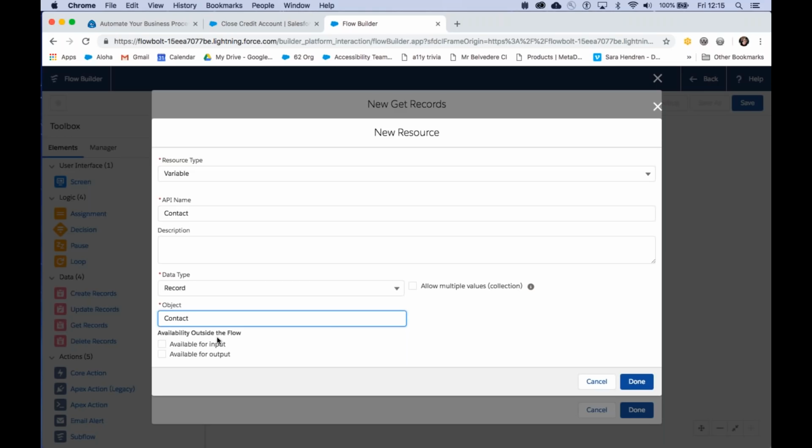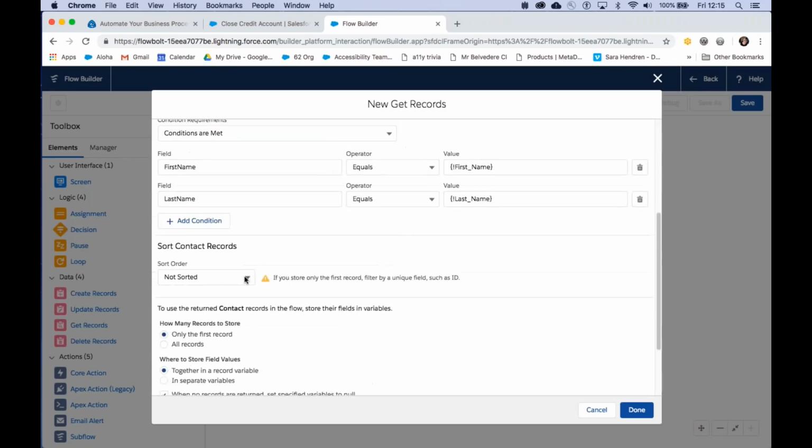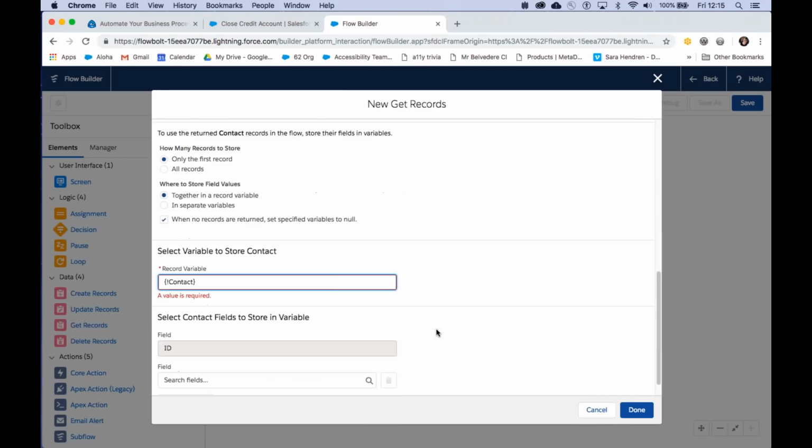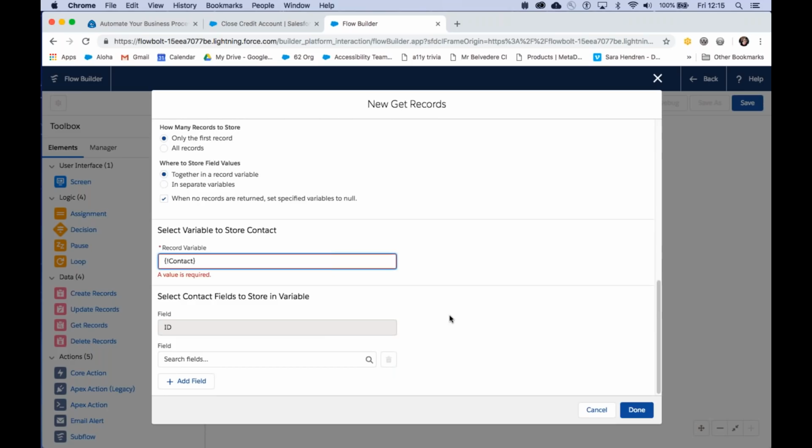In this case, we're keeping our flow very self-contained, so we don't actually have any availability outside the flow. Now, one thing which I know several people have pointed out in demos, the new resource is not actually selected automatically. I promise it's on my list. We'll probably have that fixed in summer.